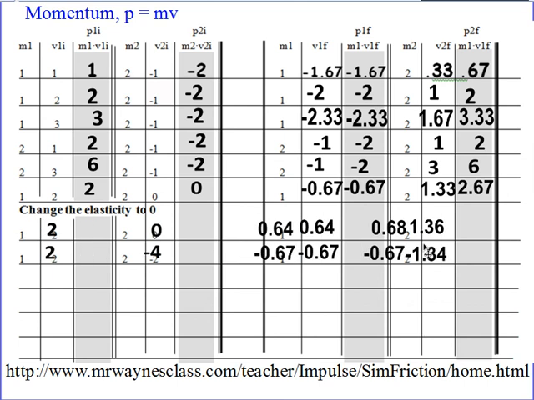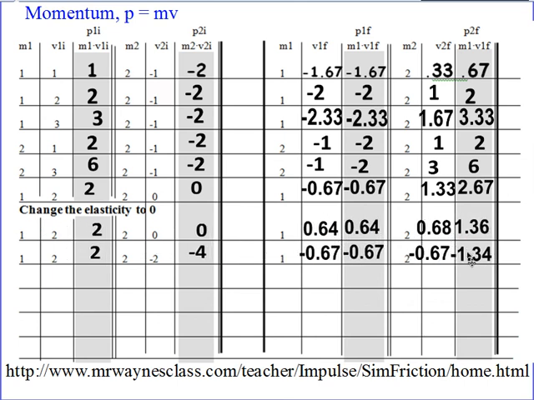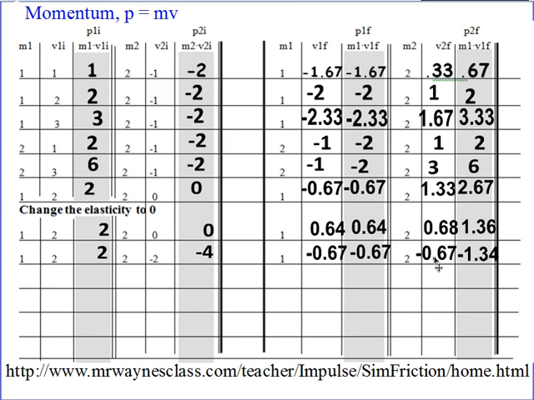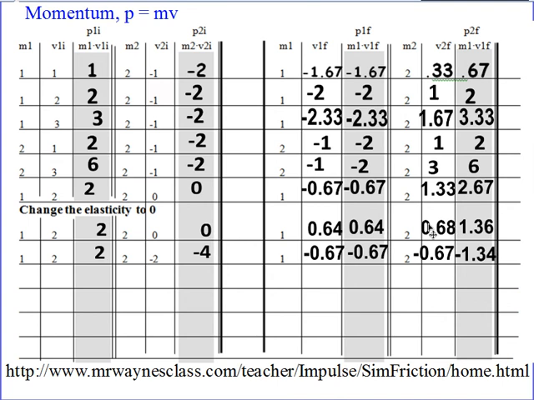Here are two more. These are collisions that we could do where instead of them bouncing apart, I make them stick together. They have elasticity of 0, and the result is that you get them approximately going at the same, here exactly the same speed afterwards, here approximately the same speed afterwards, that they're not bouncing apart, they're moving together after the collision. But again, the point is to look here and look here and look at these two and find the